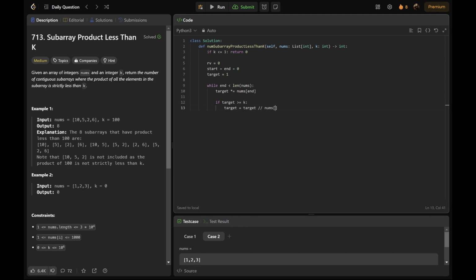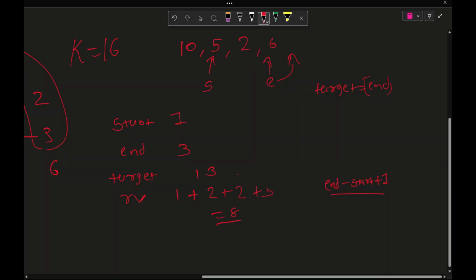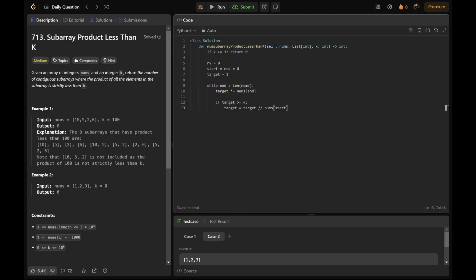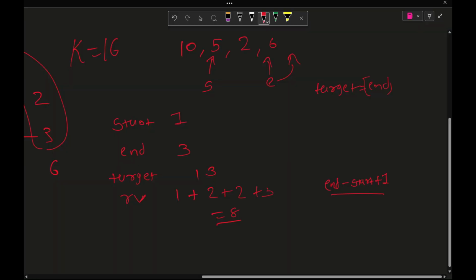So nums of start. So over here we were subtracting the value. So instead of subtracting, we have to divide, because we have used multiplication. So to remove the effect of this 10, we have to divide it. So we will divide it and then increment start plus equal to 1. Okay, so we will just increment it, but there is a possibility that maybe suppose there is a 10 over here